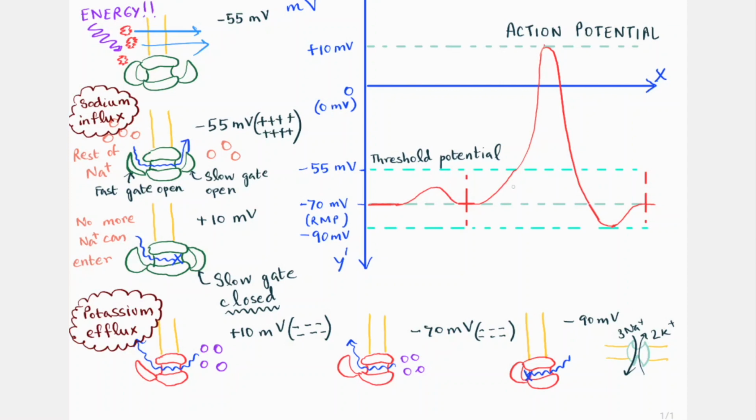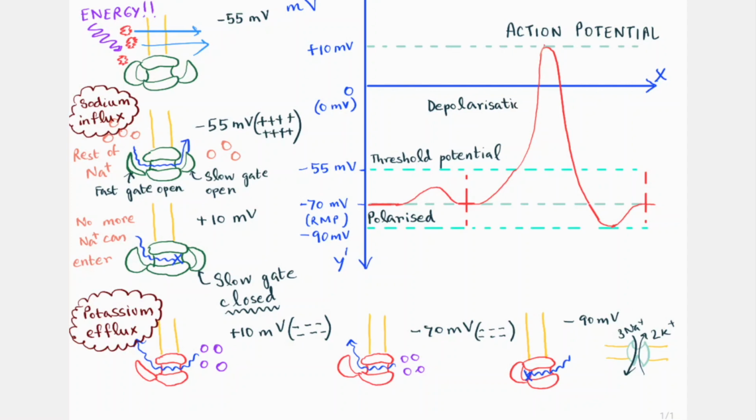And each of these steps has very nice names themselves as well. Now, since this is initially polarized, right? This is polarized, and here in this sort of ascending part, you see it loses the polarization a bit, doesn't it? It's minus 70, it goes to 0, then goes to plus 10. So it's losing the polarization, isn't it? So that's why this step is called depolarization.